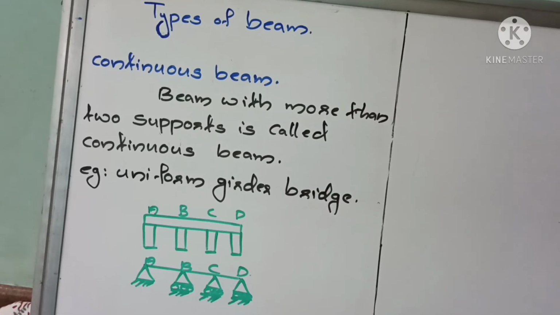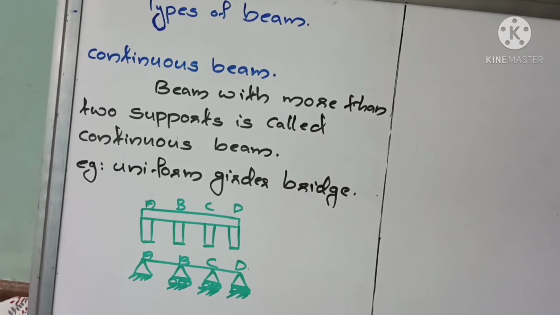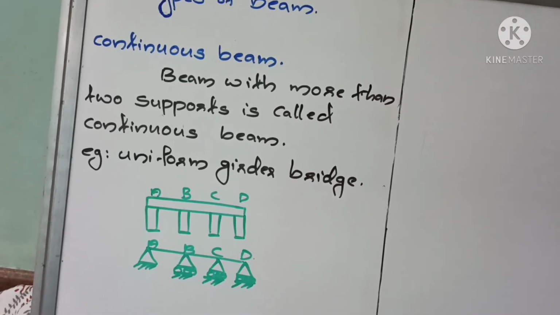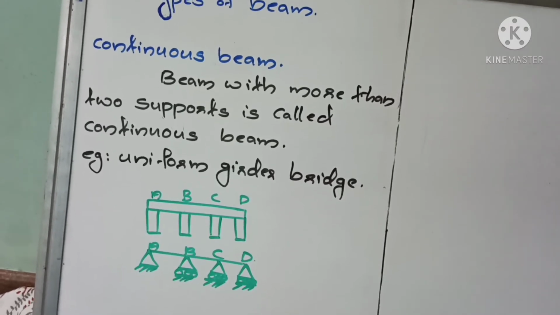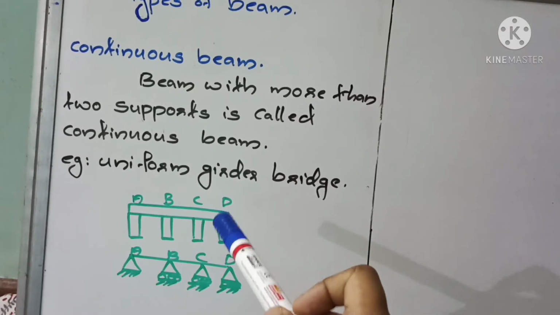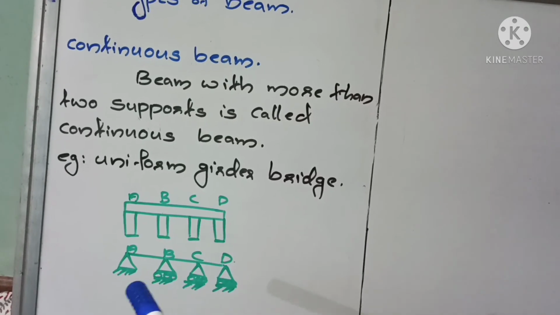Next one, continuous beam. Beam with more than two supports is called continuous beam. Example, uniform girder bridge. This is the figure of uniform girder bridge, and a continuous beam can be represented like